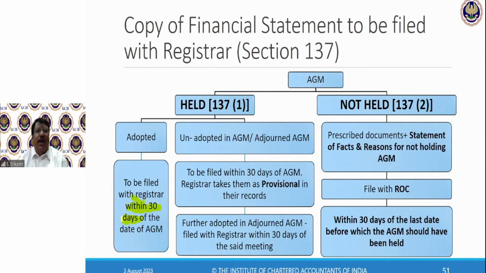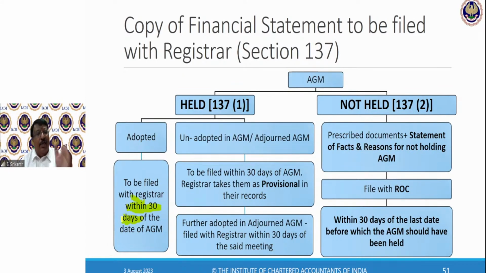Later he calls me around 2:30. I had gone home, had my lunch, and was relaxing a little. He calls me, Srikanth ji, what to do, what to do? I said, what to do? I told you not to have it at this time, to have it at 10 a.m., finish it and send them off. Then, what to do, what to do? I said, you adjourn the meeting. Then we adjourned the meeting to 30 days later.